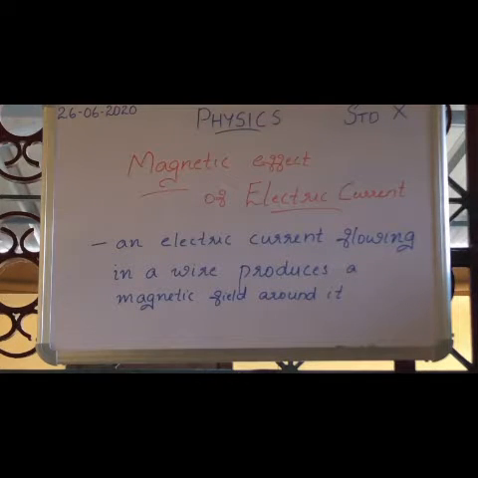In this chapter, we have to study about the magnetic field produced by a straight current carrying wire, a circular loop, and a long coil of wire. We will now discuss about a magnet and the magnetic field produced by it. In Standard 6, we have studied about magnets, its shapes, and its properties.